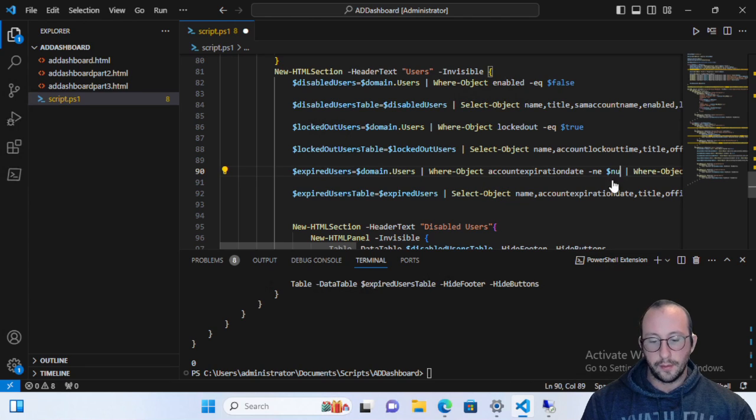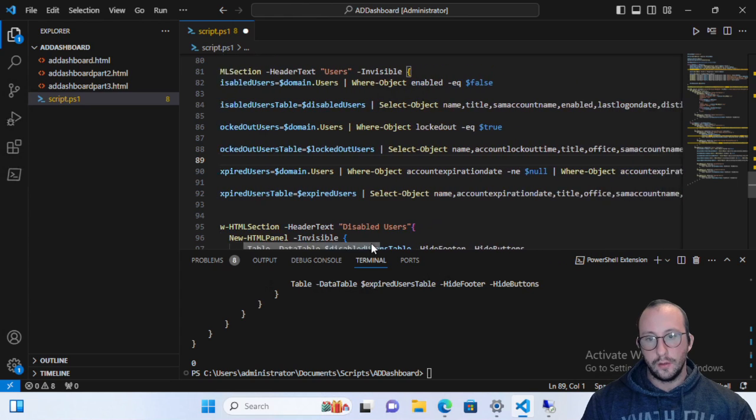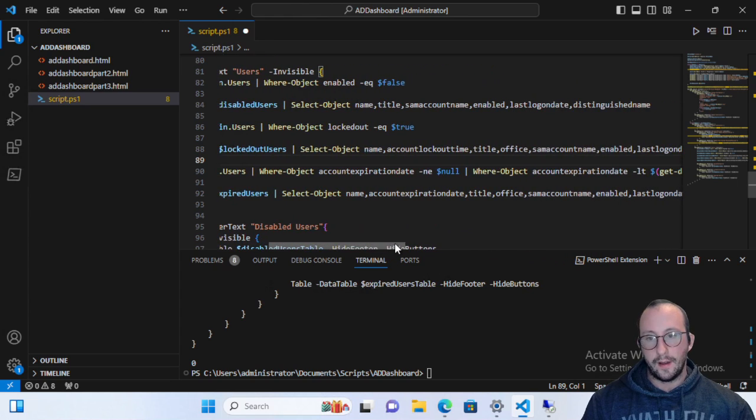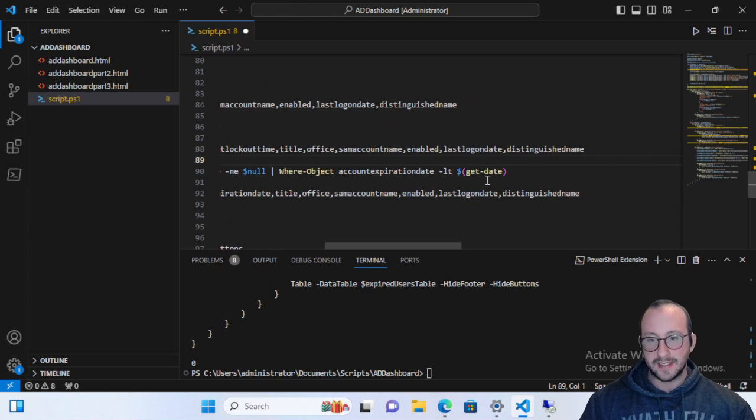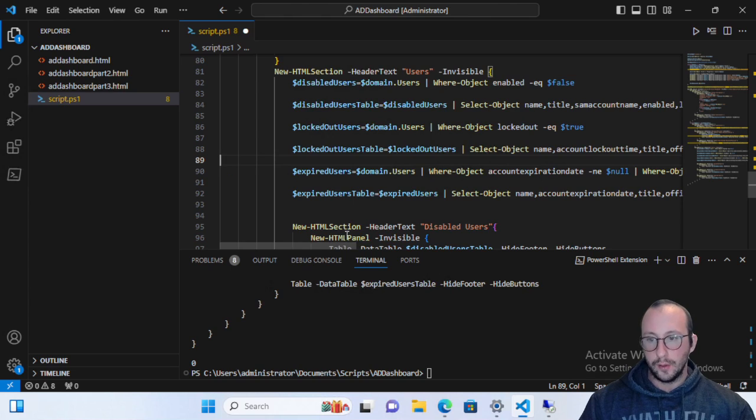This will simplify it for you guys to see. So first we look for all of the objects that have an account expiration date. If it has an account expiration date, and it's less than today's date,